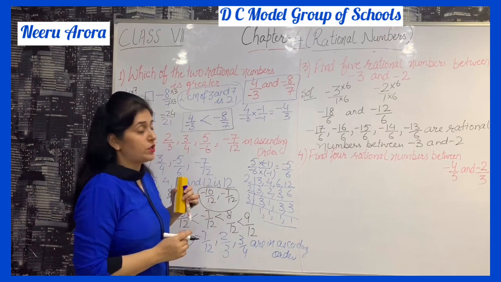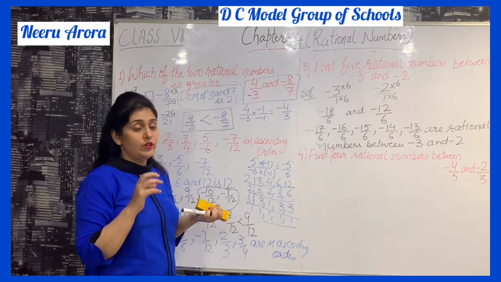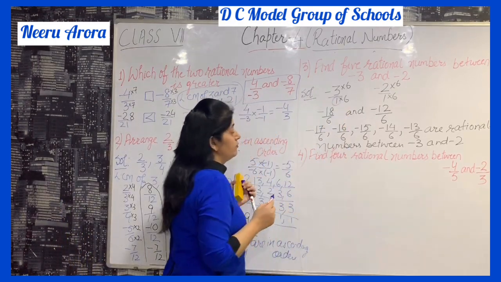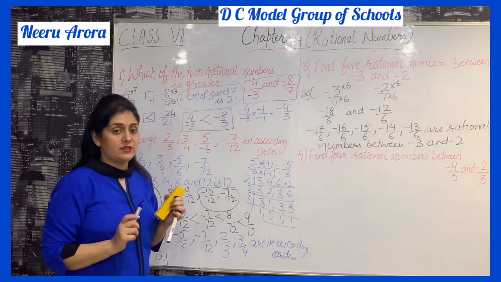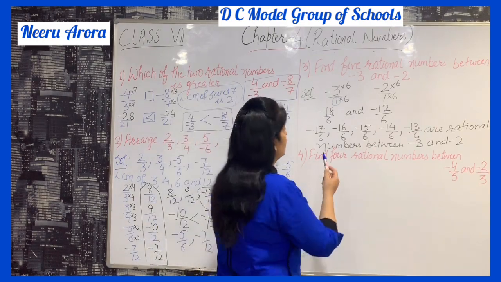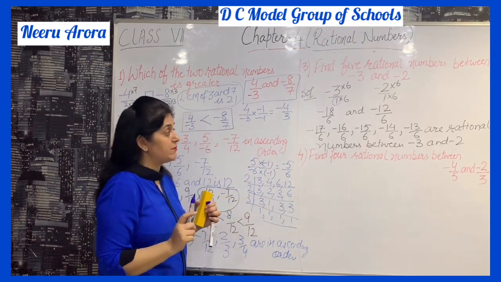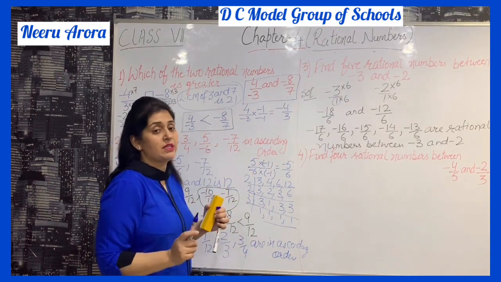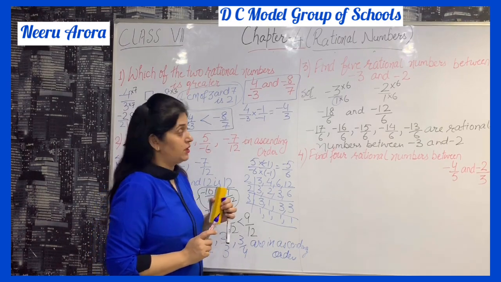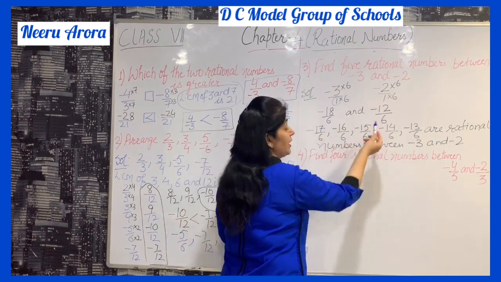This is very simple. What I am repeating: first, we have seen that nothing is in the denominator, we put 1. The first step is that the denominator should be the same. So nothing is there in the denominator, we put 1, so it is the same in both. Second, I told you that if you want to find 5 rational numbers, multiply by 6. If you want to find 6, multiply by 7. But the condition is you multiply both numerator and denominator. So we multiply by 6 and get minus 18 by 6, minus 12 by 6.